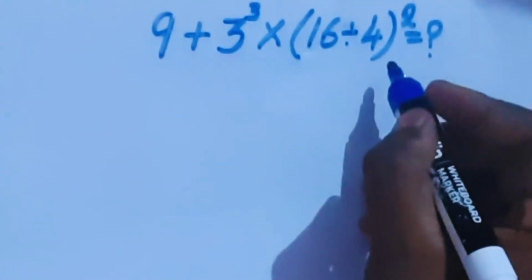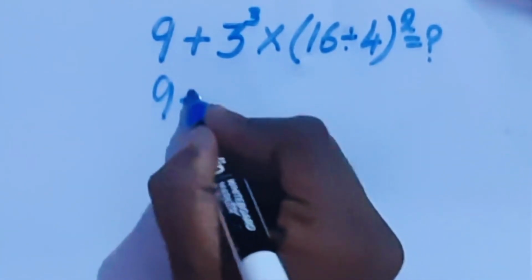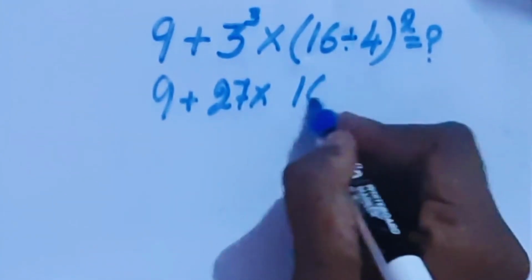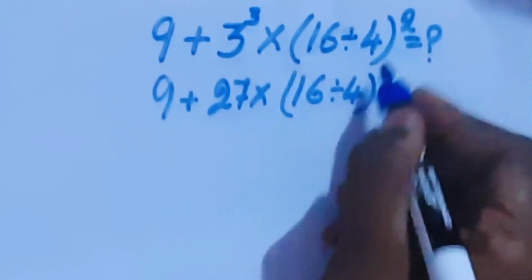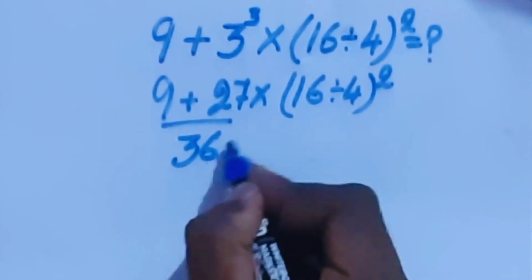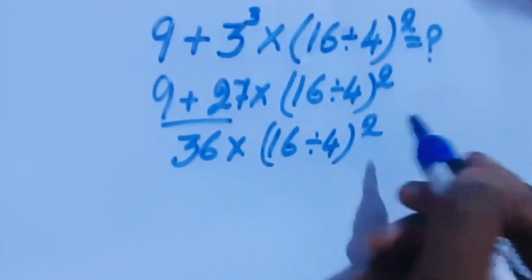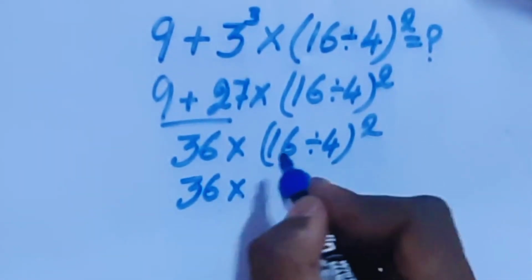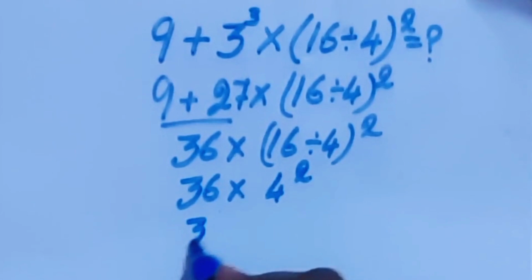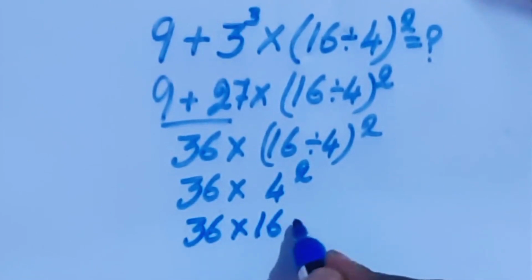I guess most of them get the answer 576 for this problem by using the wrong order. Here 9 plus 3 to the power of 3 is 27, times 16 divided by 4 in brackets, whole power 2. Here 9 plus 27 is 36, times 16 divided by 4, whole power 2. Here 36 times 16 divided by 4 is 4 to the power of 2. Here 36 times 4 squared is 16. Here 36 times 16 is